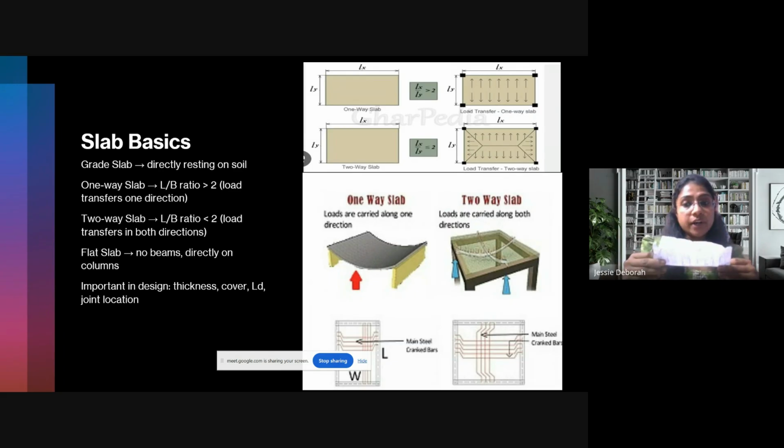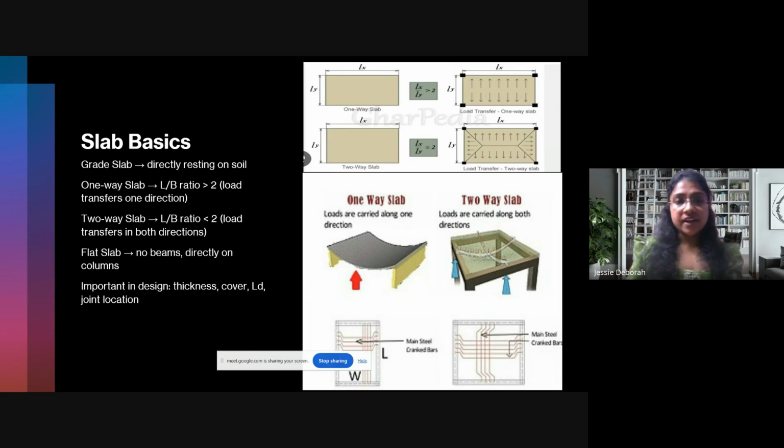But if I'm going to give a two-way slab, it is going to bend in both directions because of the dimensions of the slab; this is going to bend in all four directions. So naturally we have to give rebar here also. We will give rebar here and we will give rebar here also. So this becomes stiff, this becomes strong. So here in both directions we will give main rebar and distribution rebar.